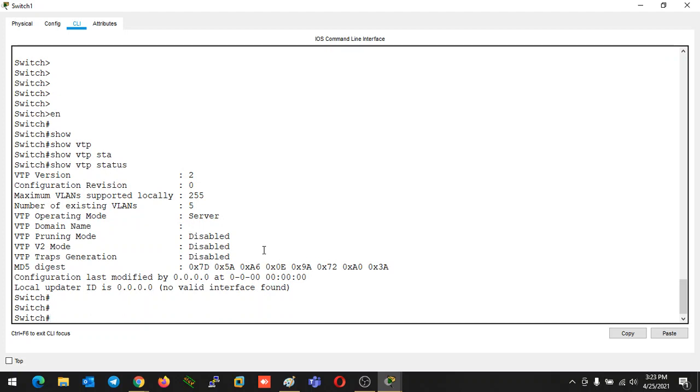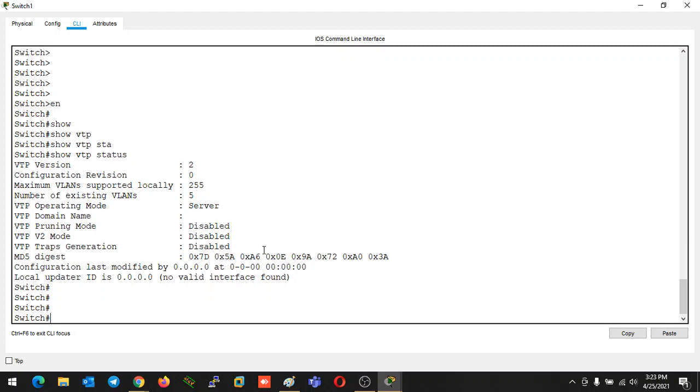So every time you delete the startup configuration, nothing related to the VLAN database will be deleted until you delete the VLAN.dat file. So I hope you have verified where the VLAN database file, the VLAN.dat file, is available, and how to delete that file in case you want to. You can note down these things also.